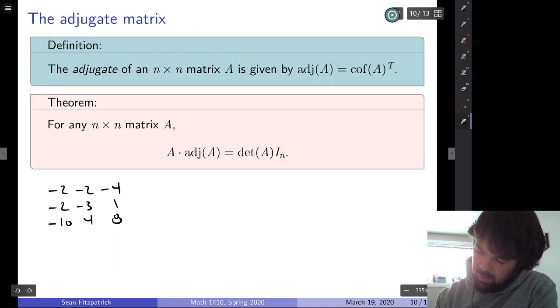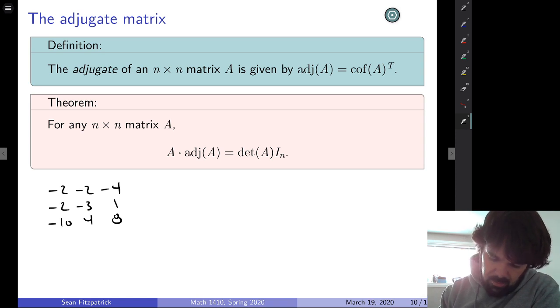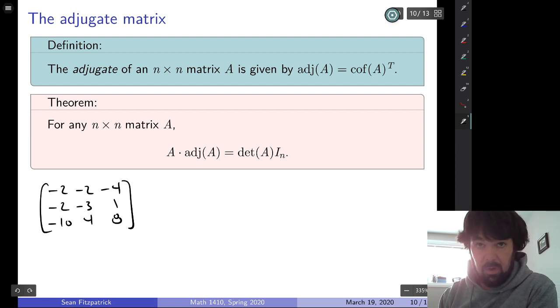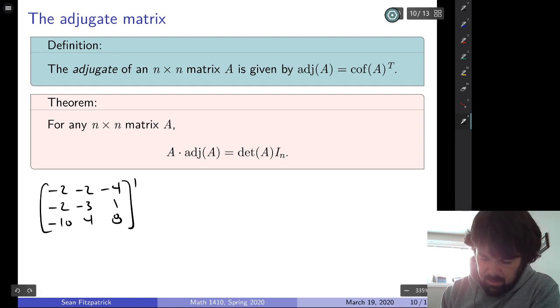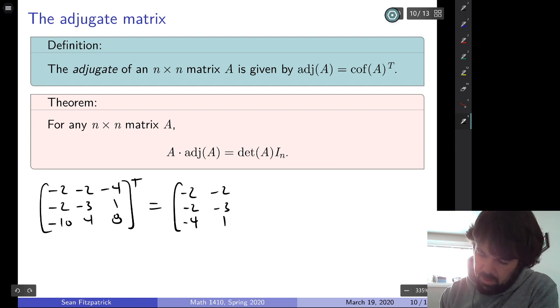I think I did. Okay, so this was our cofactor matrix. I transpose, and I get minus 2, minus 2, minus 4, minus 2, minus 3, 1, minus 10, 4, 8. So this would be the adjugate of A,